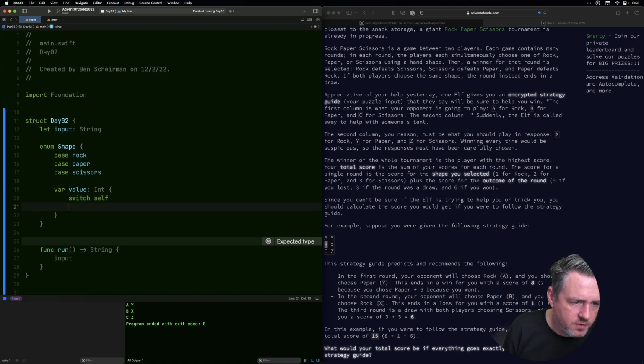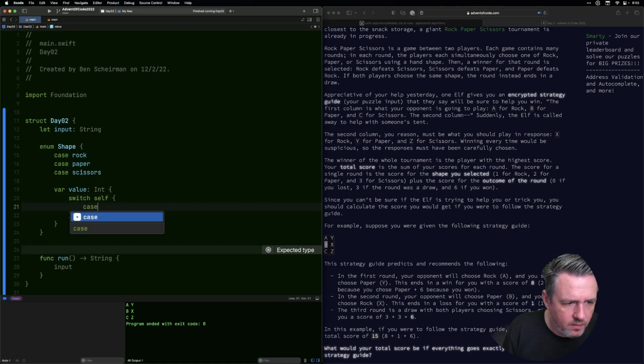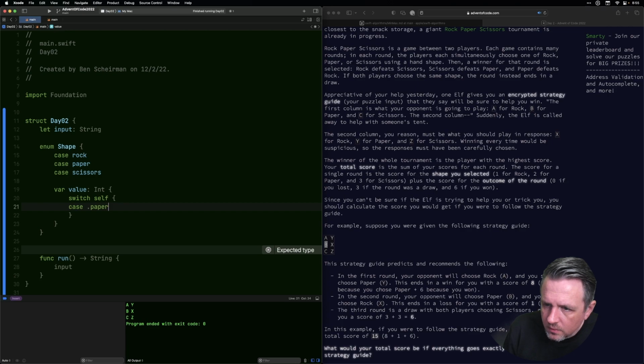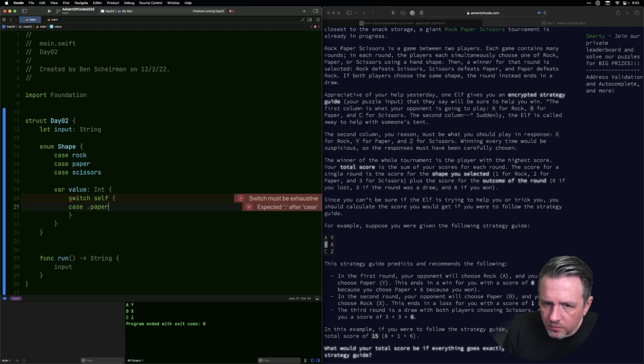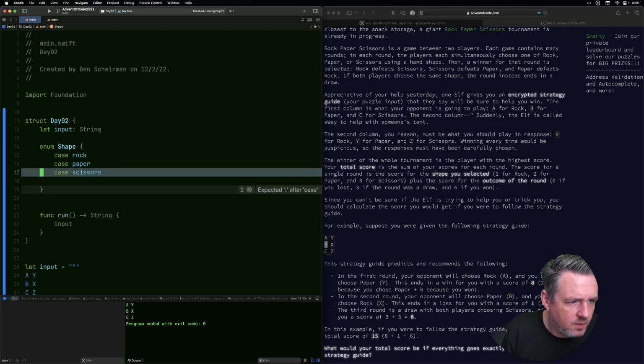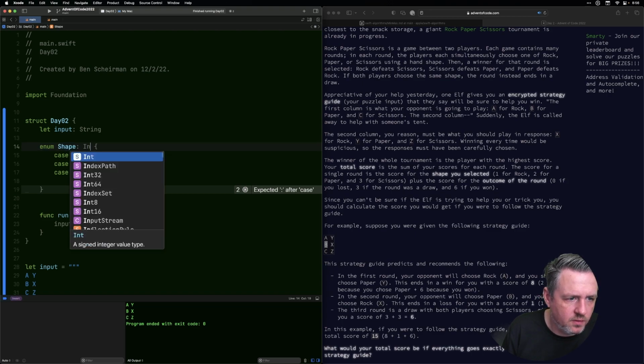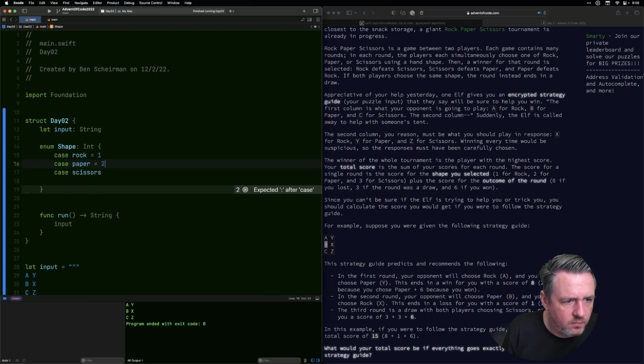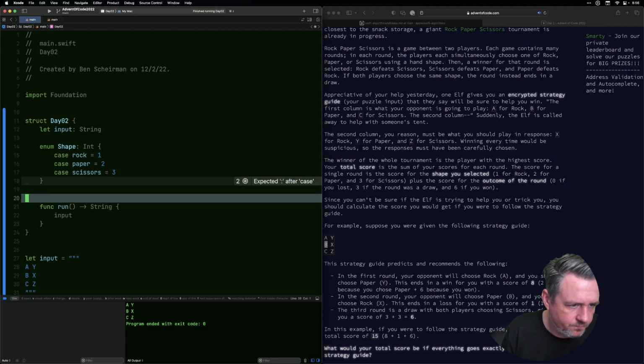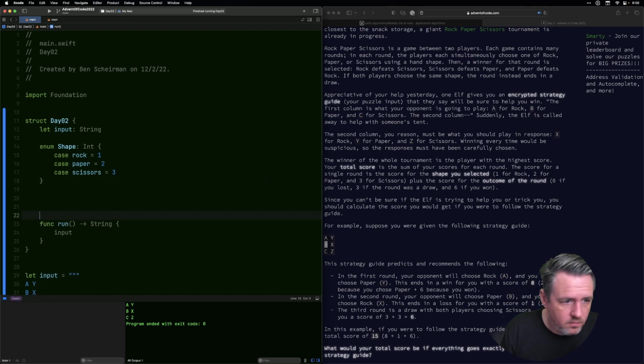So we'll switch on self. In the case of paper, 1 for rock, 2 for paper, and 3 for scissors. I'm just going to make this an associated value. 1, 2, 3. Okay. And then